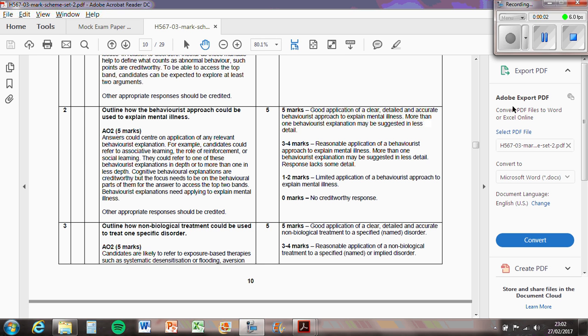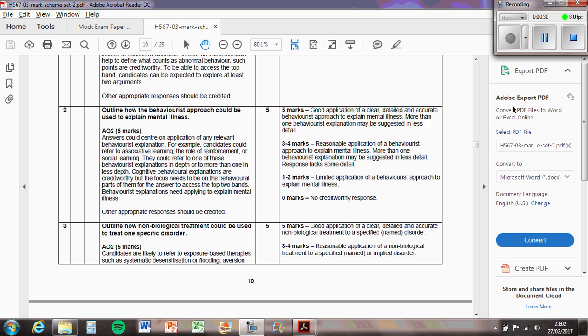So this question asks, outline how the behaviourist approach could be used to explain mental illness, and it's 5 marks. So it says here, answers could centre on application of any relevant behaviourist explanation. So for example, candidates could refer to associative learning, so that's stimulus and response based on classical conditioning. The role of reinforcement, so that's operant conditioning with positive and negative reinforcement or positive and negative punishment, or social